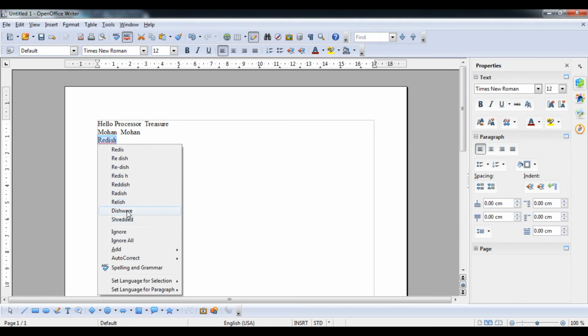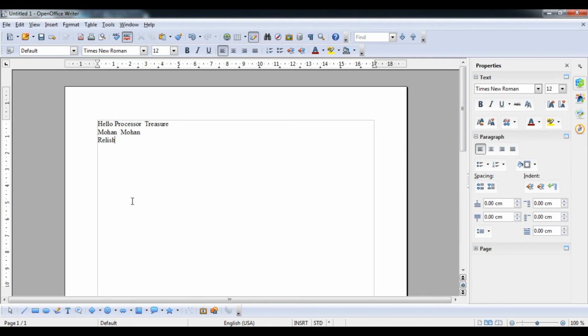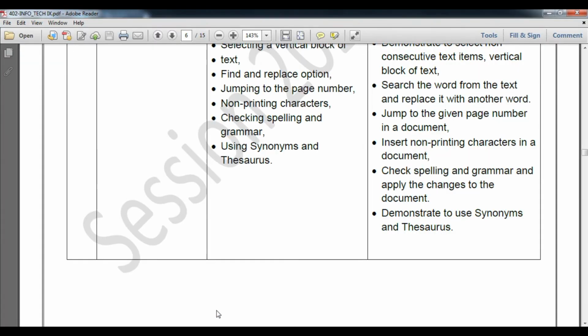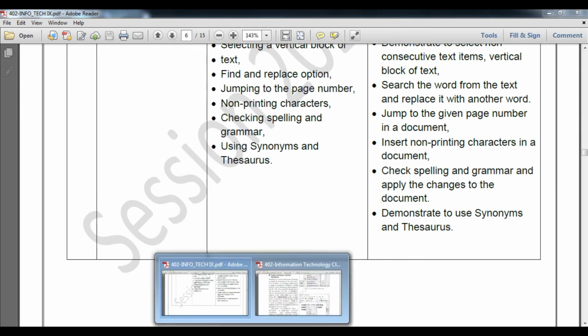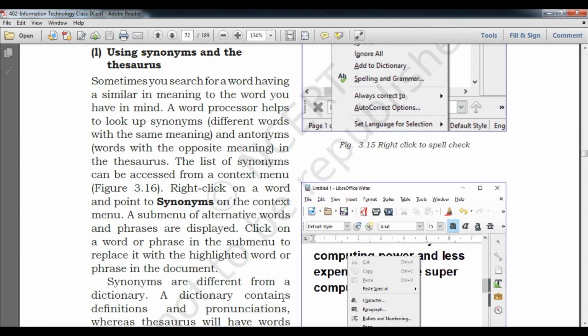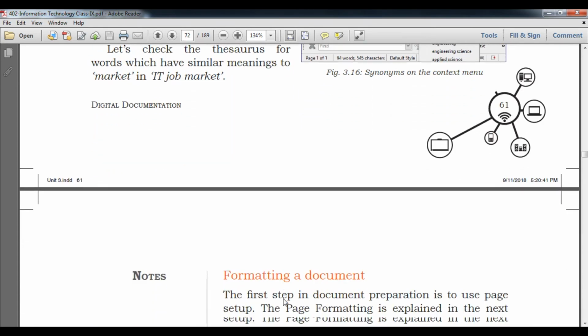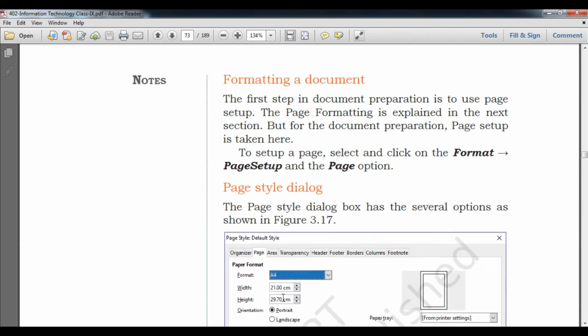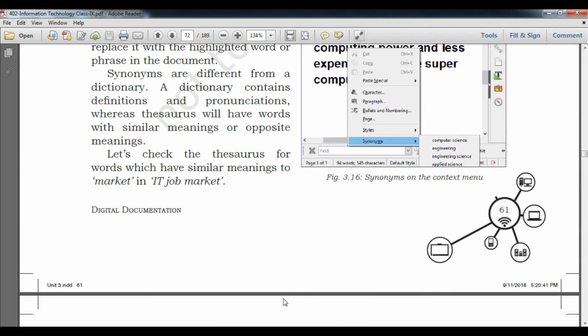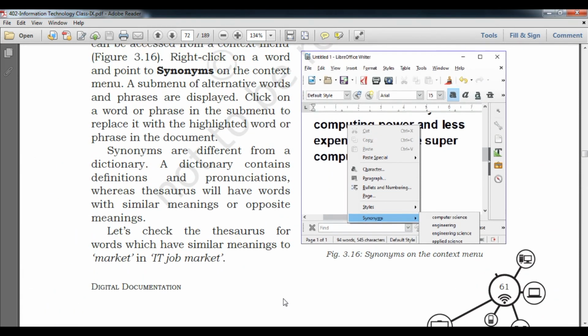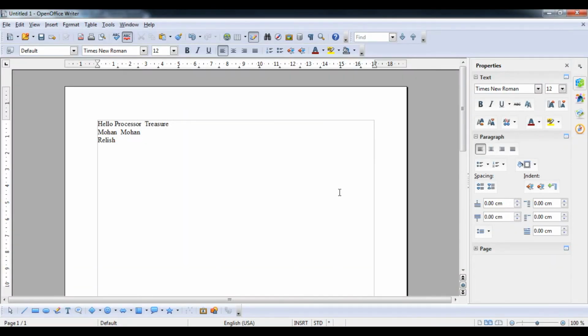You have to select one of the particular synonyms, and the thesaurus, student. Now we will talk about its thesaurus. So here the synonym and its thesaurus are demonstrated. According to this, student, we will do the thesaurus option. Thesaurus means some better word, as per your choice. So what we have to do, student, suppose that if I am going to write here a simple word computer,